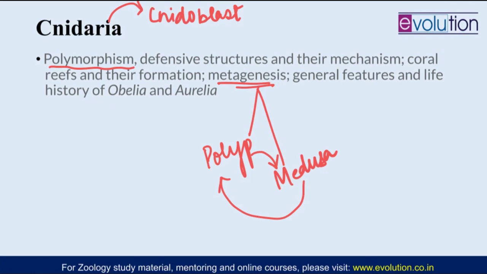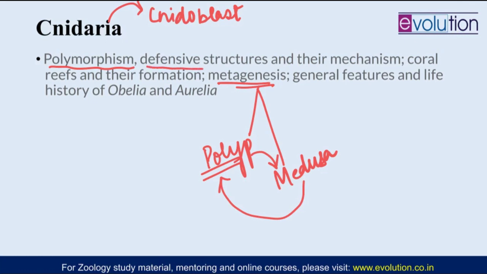Individually this polyp can have multiple structures which have different functionalities. One may be working for just reproduction, the other may be working for only ingestion and digestion, the third one may be another hard structure made up of very spiky cuticles, meant for protection of the colony. So these different morphs in a body create something called polymorphism. So you have to describe under polymorphism the main two forms, polyp and medusa, and then different structures within a polyp and within a medusa.